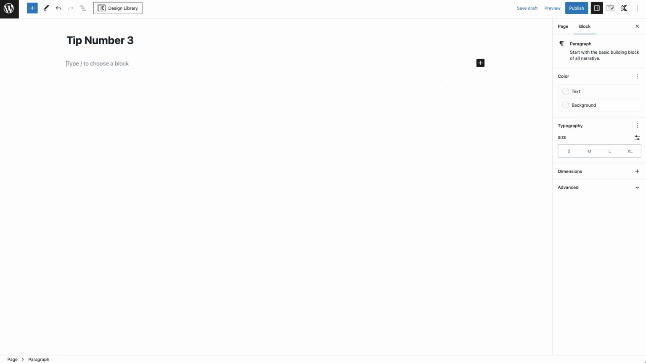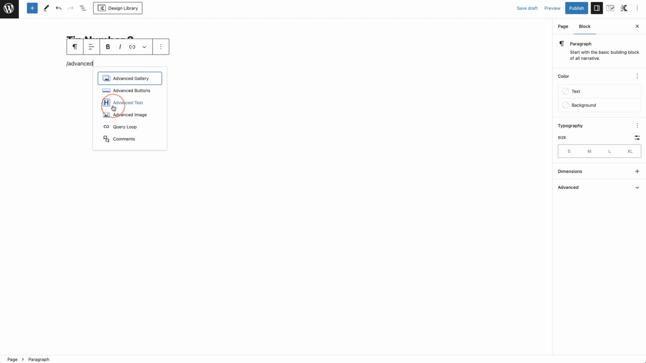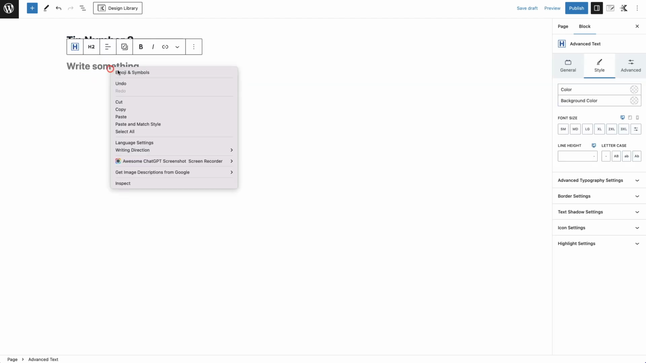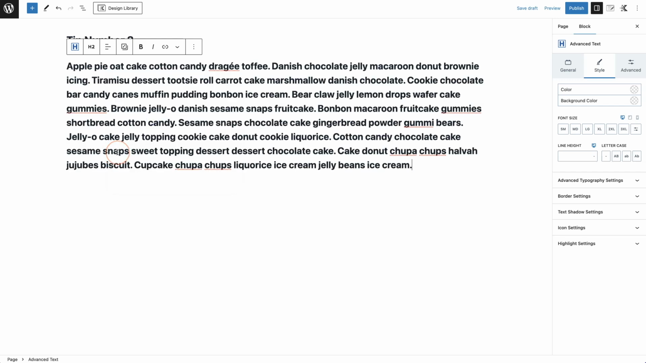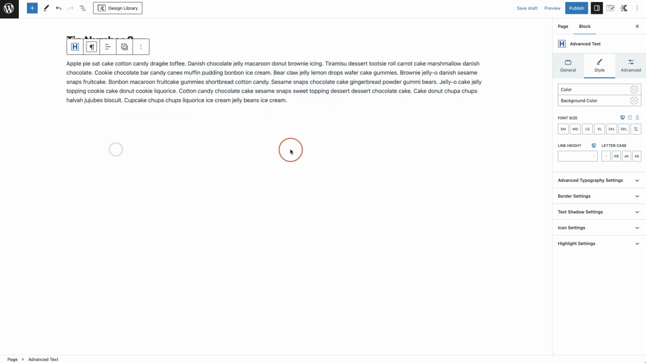Tip number 3 is saving your blocks as default. So if I use the advanced text block from Kadence, I'm going to come in here and add the advanced text block from Kadence. I'm then going to paste in some copy, and as standard, the Kadence advanced text block comes as H2. I don't find that handy because most of the text on my website is paragraph text. So the first thing I'm going to do is change this all to paragraph text,